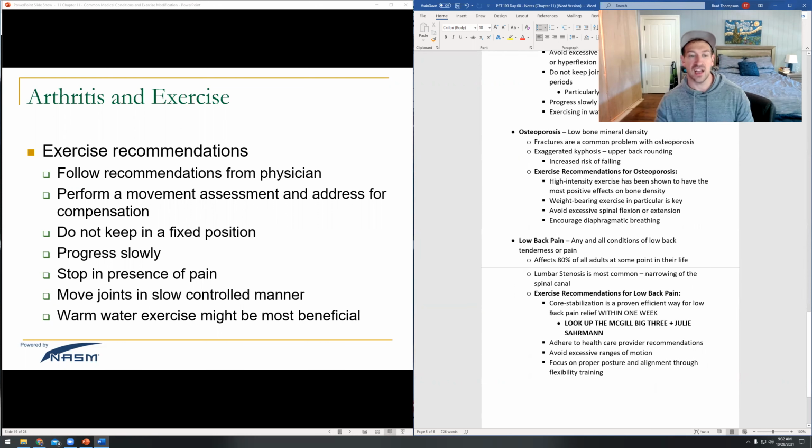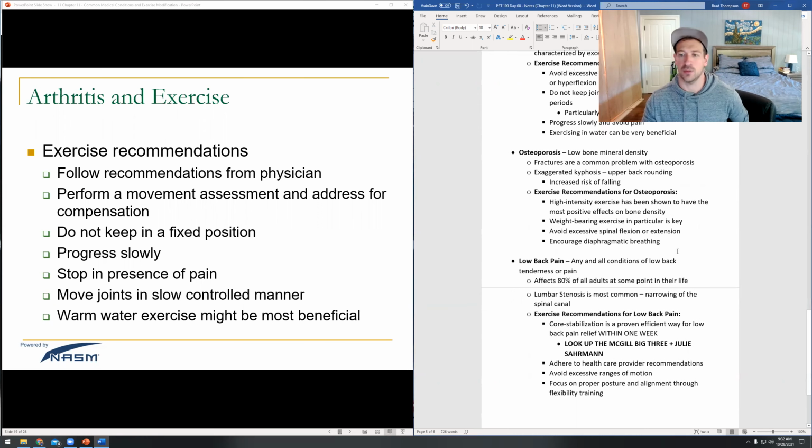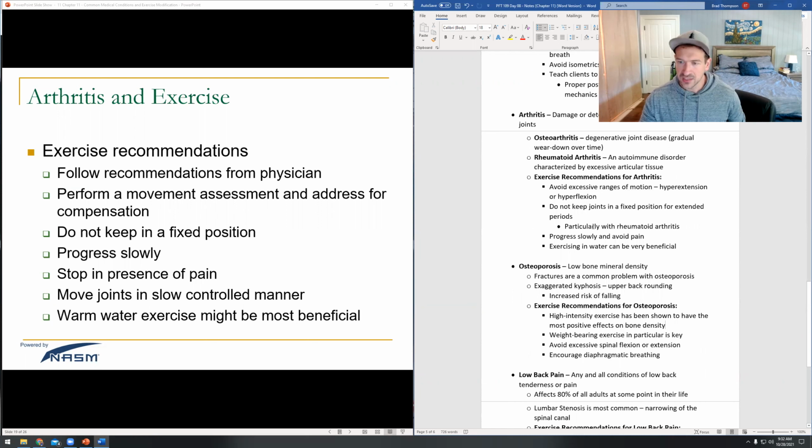Like I said, when it comes to exercise recommendations, high intensity exercise has been shown to have the most positive effects on bone density. But when I say high intensity, oh, that's osteoporosis. I was like, that's not right. When I say high intensity, I mean moderate intensity. Don't go crazy high. You don't have to do powerlifting. But when it comes to arthritis,